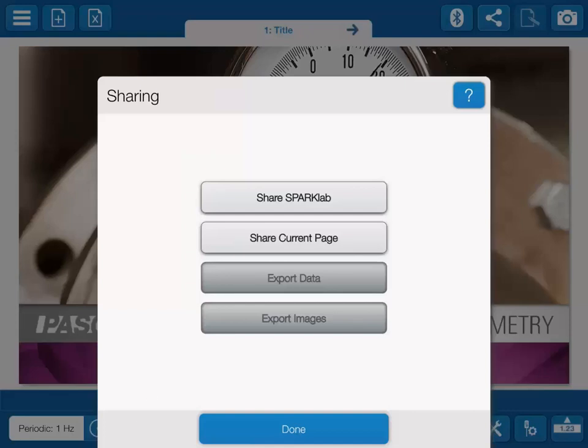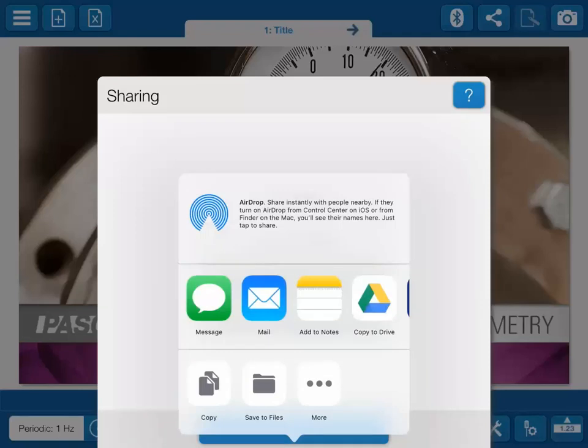Once I've selected that, I'll be given my options of how to share my lab. I'm given AirDrop as an option if that is enabled on the iOS device that SPARKvue is being run on. Below are some additional ways that the lab file in its entirety can be shared. If the iPad is configured for messaging, it can be sent in an MMS message. It can be sent through the built-in Mail app,